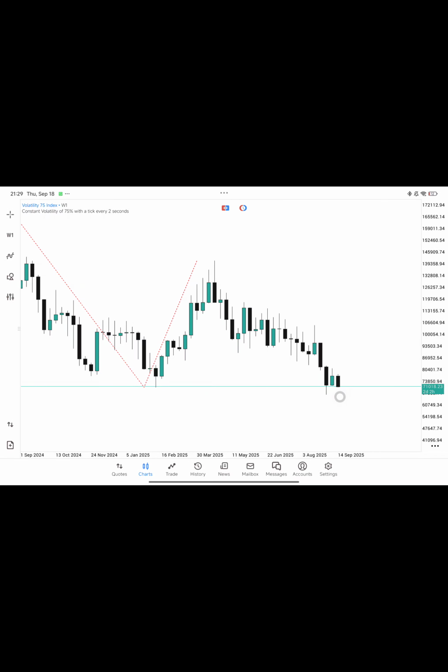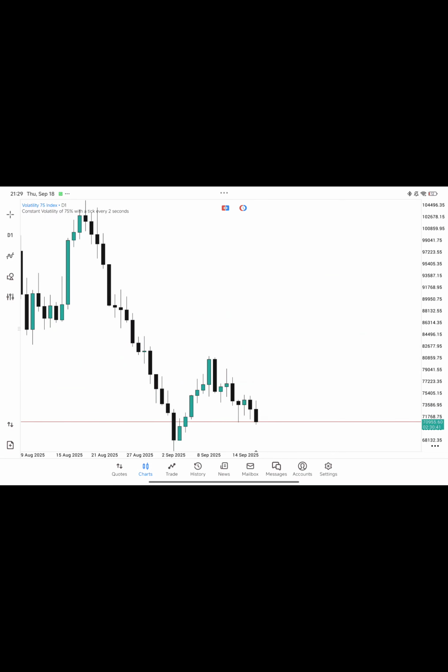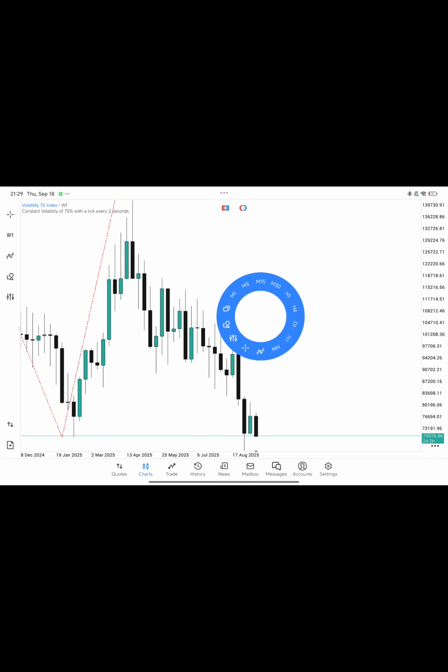Now let's go down further to our lower time frame, so that I give you a clear reason why I asked that we executed that trade that I saw today. So on the weekly, we go down to our daily time frame, and beautifully we could see how price traded into this area, into this fair value gap, and then we see price trading back down. Let's go back to our weekly time frame and indicate the area where we have this fair value gap. This is the fair value gap that price hasn't traded into. So this is the fair value gap weekly.